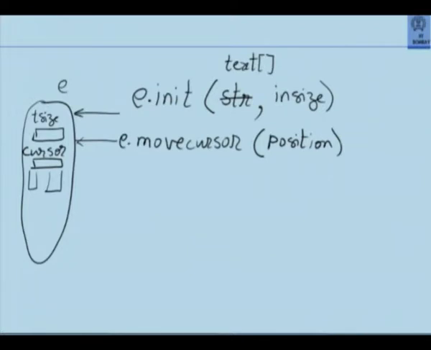If you are editing a text which is 20 characters long, does it make sense to say move cursor to 27? Now that will have to be checked as part of the move cursor implementation for the editor object. The stack has no problem, but you would have a problem in editing otherwise. So these limits will have to be checked.